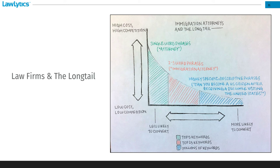So let's have a look at a single word phrase like attorney. It's marked right there in green. That is a very, very non-specific keyword for which there is probably a lot of competition, not a lot of likelihood for conversion. Nobody in their right mind will type in the word attorney and then scroll through pages and